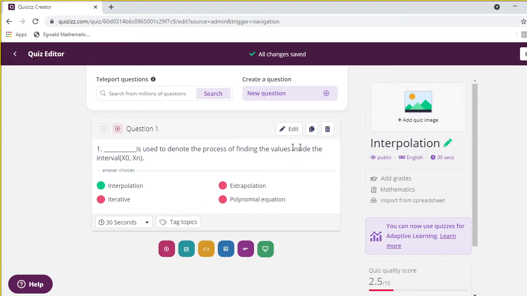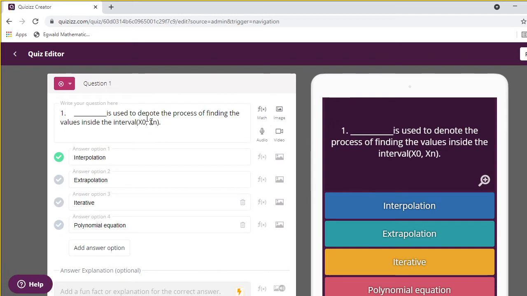Suppose you need to edit the question, you can go with the edit option and edit the question again. If you want mathematical fonts, some mathematical fonts are available here.